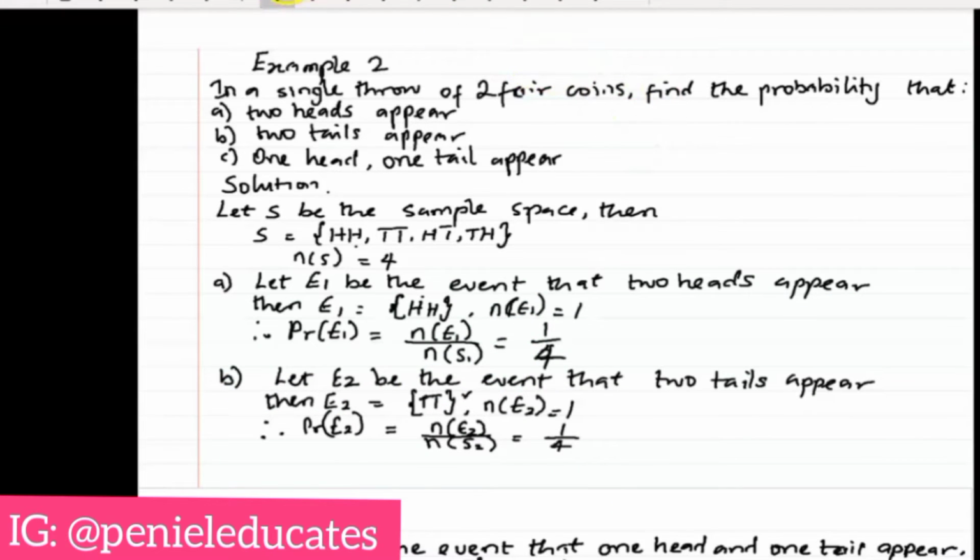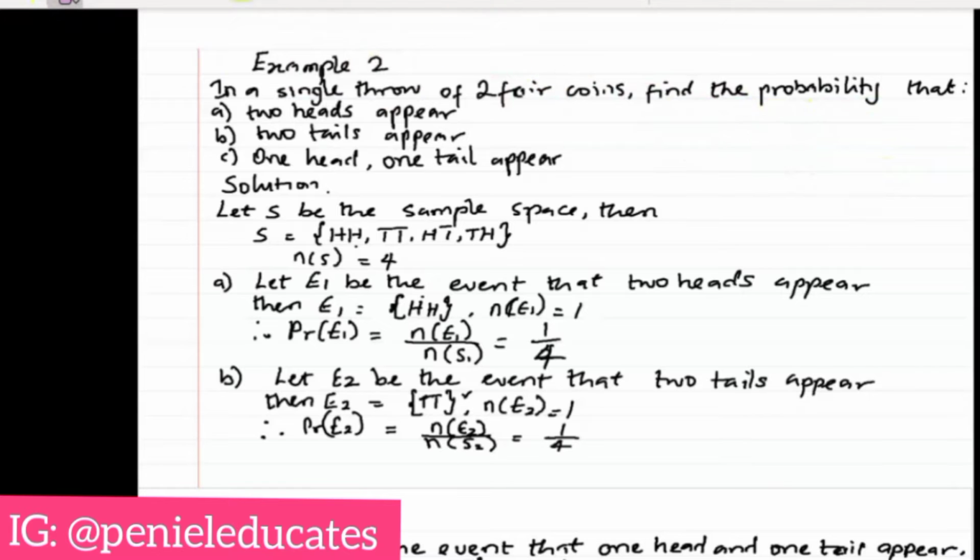Now, as discussed, the probability of an event happening is equal to the number of elements in the event divided by the sample space. We've discussed that as the number in the sample space, or we say the total number of ways in which the experiment or the result can happen. That is the total number of elements in the sample space. So let's look at this particular one.